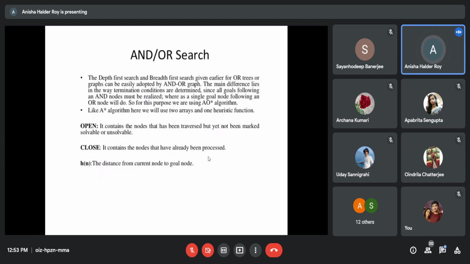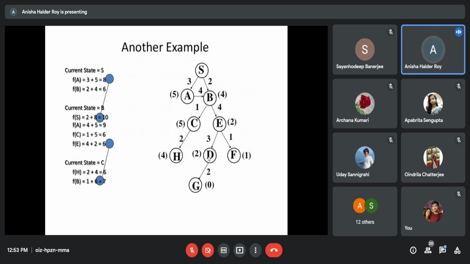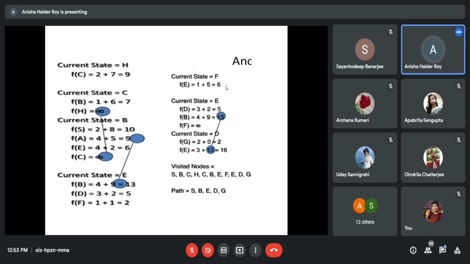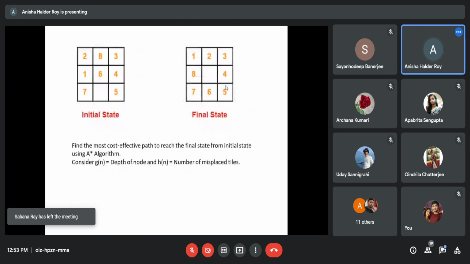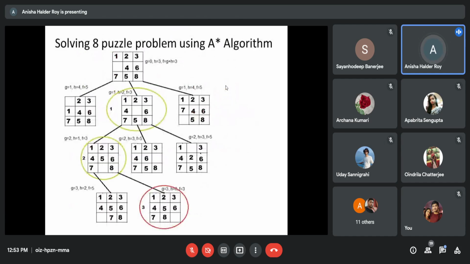You will understand if I properly show this example. I think I am correct, but I am missing one point. When it is going to the previous state, it has to add something. I will show one example after writing it in my own copy. And-Or example, I will read it more carefully next day. And-Or means A star, AO star.